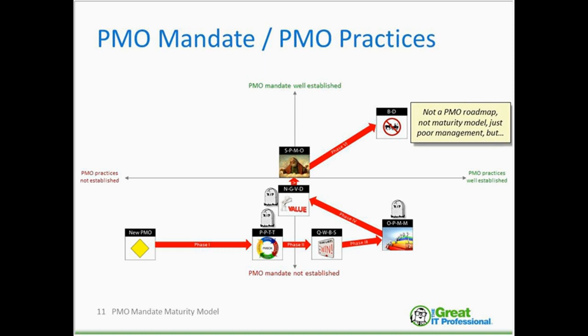And then someone comes up with the idea for phase 5, which I call the SPMO, the Strategic PMO. In fact, there's the concept and thought that if a PMO is going to be of value, it should report high up in the organization. The higher up, the better. The lower, the worse. Mind you, we still haven't determined a proper PMO mandate, but we're all too happy to put a different type of PMO cart ahead of the horse. Well, some things may change in this SPMO model, but typically what happens is it runs its course, and at some point in time, we finally arrive at the Business Driven PMO, where we first establish the PMO mandate, and we then